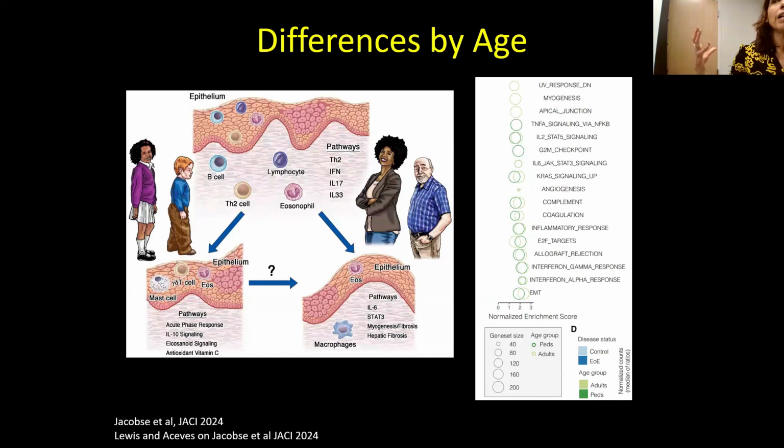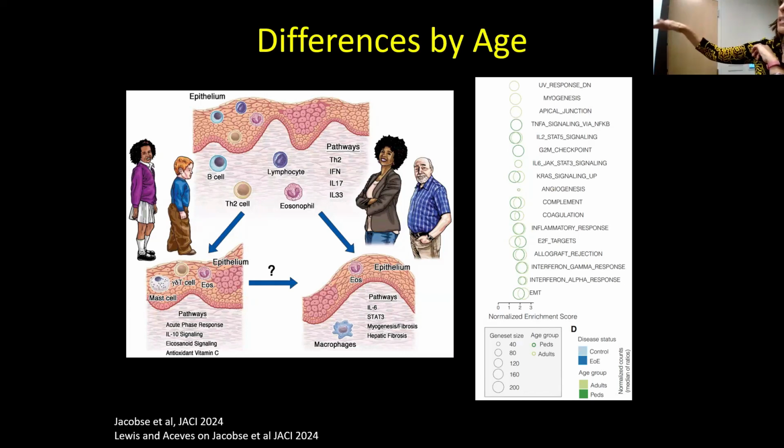So all these things that look like fibrotic cascades. What I want to point out to you is that this is a T2 inflammatory disease. However, there's a lot of innate immunity going on, both in kids and adults. So on the right side, the overlapping circles mean the pathways are common in children and adults. When the circles are apart or there's only one circle, it means they're either completely different or partially different in adults